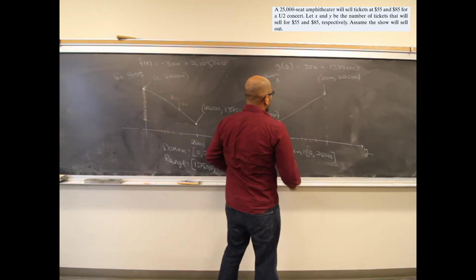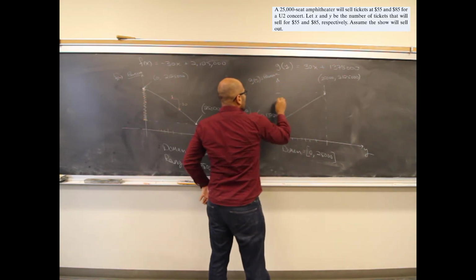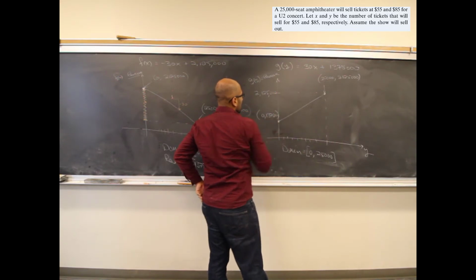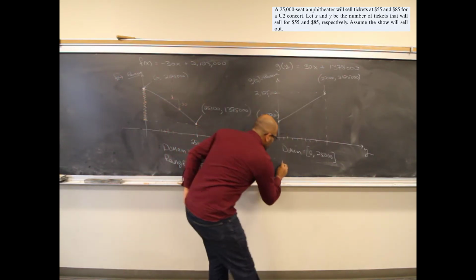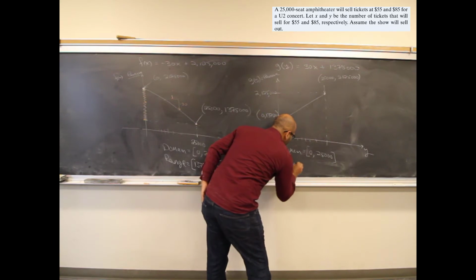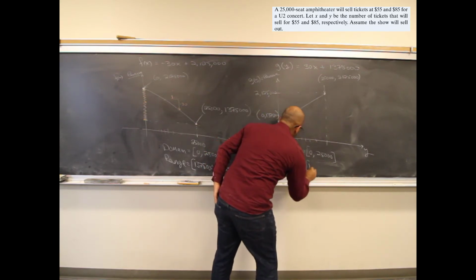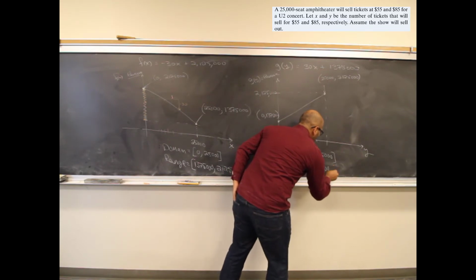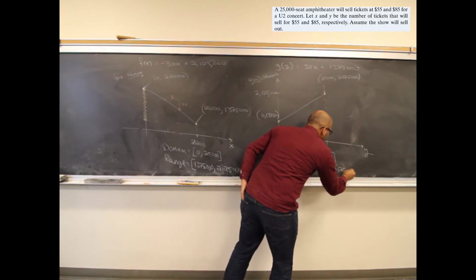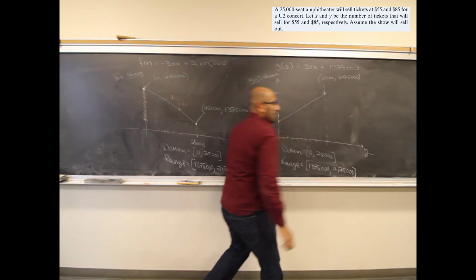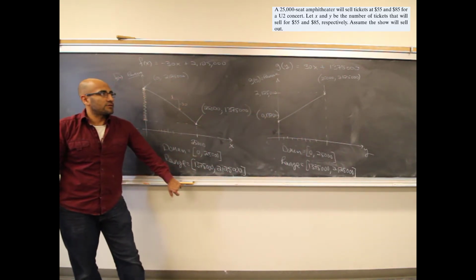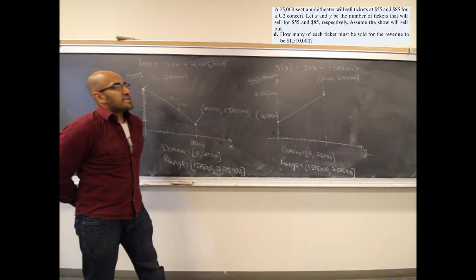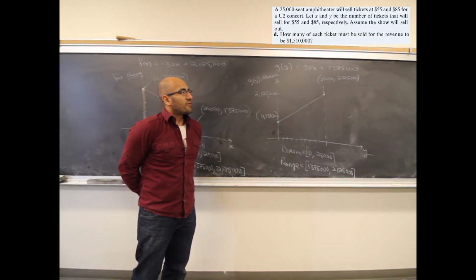From here to there, which is 2,125,000. The range is from 1,375,000 to 2,125,000. Any questions? Okay, so for part D, how many of each ticket must be sold for the revenue to be